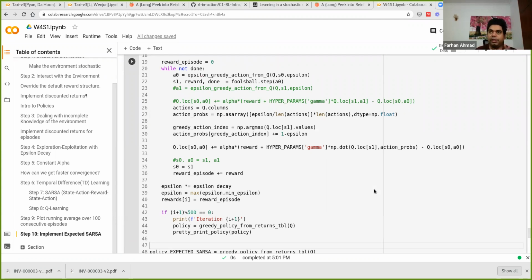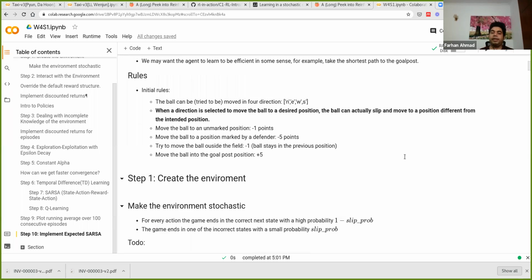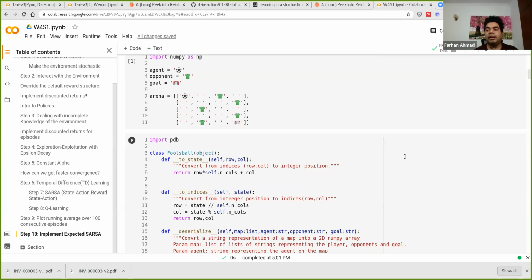right? What we want to do in the next session is take it one step ahead and actually make your opponents a little smarter, so they won't be staying in the same place anymore. We will again want that change to be a small, gradual step, so we don't want to all of a sudden allow them to move anywhere on the field. That will probably be a very big step, and debugging that would be difficult. What we will do instead is allow them the freedom to move in one direction. So we can say that probably the defenders can move along their row,